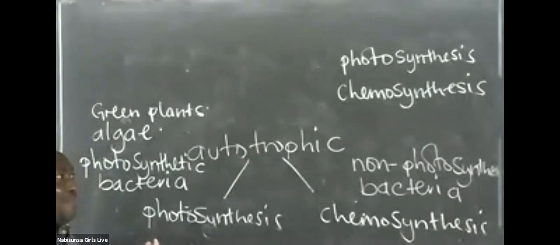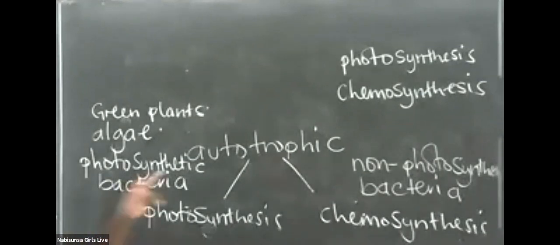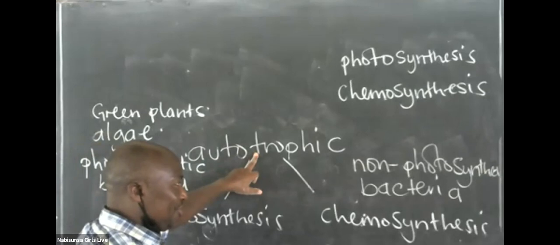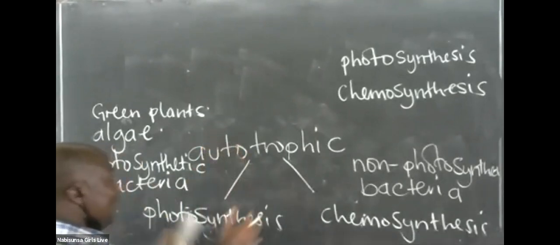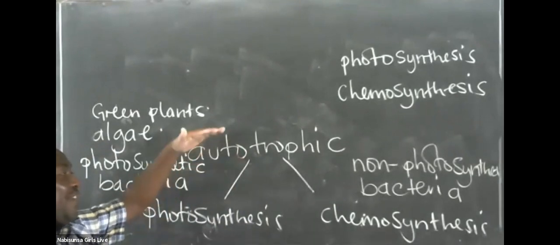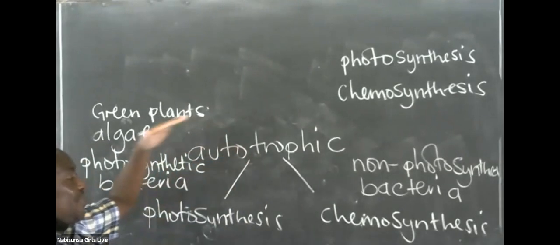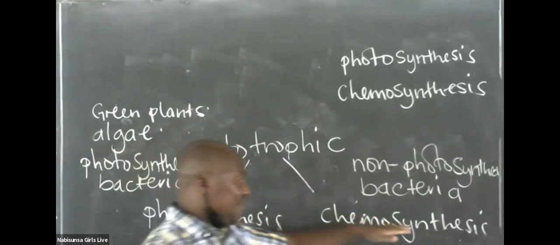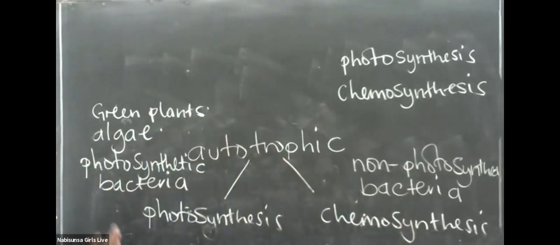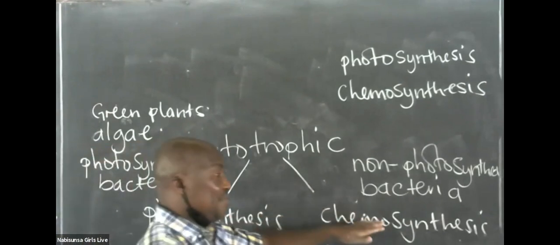Now, so we are doing the autotrophic nutrition, we shall come back later. Remember, we said there are two forms of nutrition, and one of them is autotrophic nutrition. So which one is the other form of nutrition? This is now one which we are going to cover. So far, we've defined what autotrophic nutrition is, and we said it can be subdivided into photosynthesis and chemosynthesis. And we gave examples of those organisms which carry out photosynthesis. But we haven't defined what photosynthesis is, and we haven't defined what chemosynthesis is.